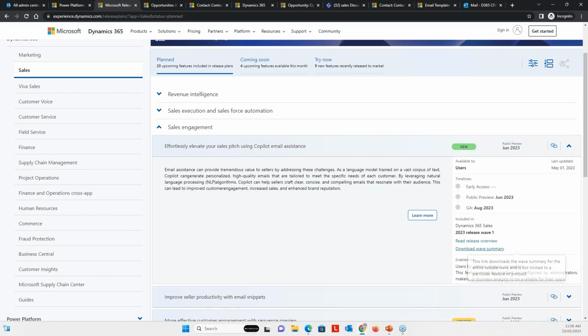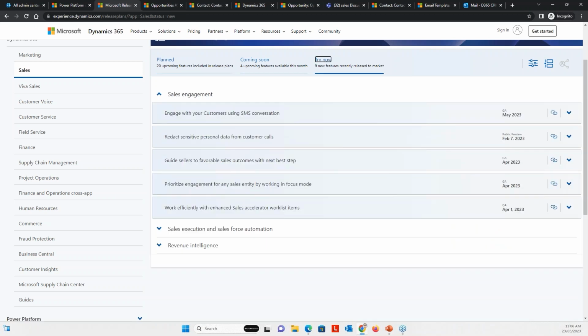The documentation's available there, and we'll talk about that in a moment. But this is a really great tool for you to be able to go on and look at what's actually come out. So these are some of the features that have come out in April and May for sales engagement, and we can start to then utilize those in the application as we want to. So please, if you've got the opportunity, take advantage of having a look at that particular